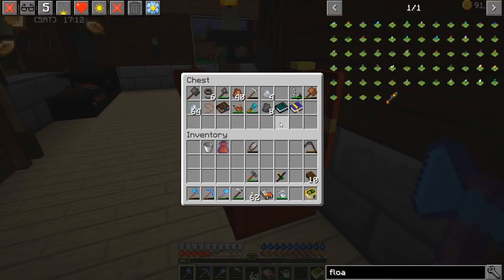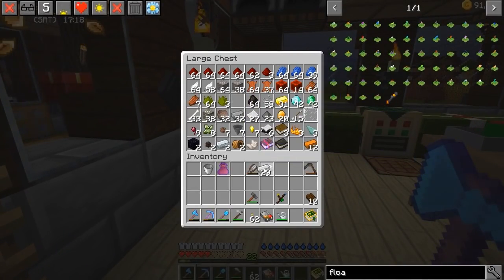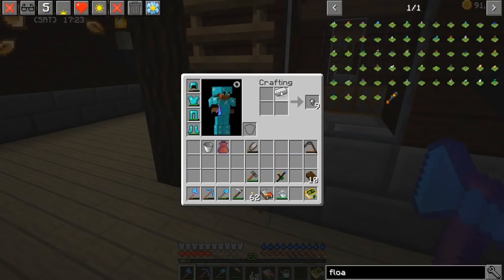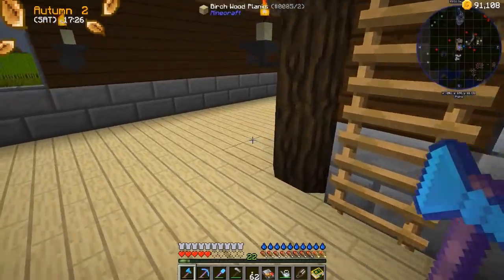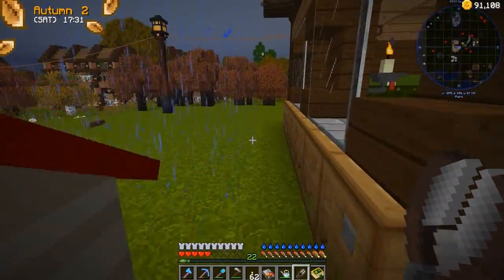Wait, where's my shears? That's how much I'm going to have to make some more. I think I might have tossed them somewhere, and they're about to break anyway, so I'm just going to make some new shears. I got plenty of iron. Doesn't hurt. So let's make a set of floating flowers just to show you guys a little bit,